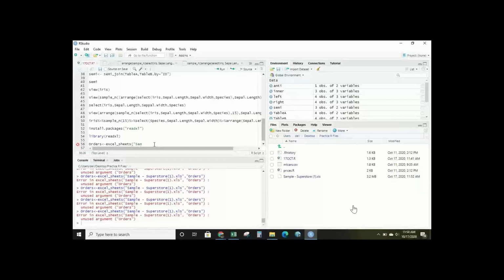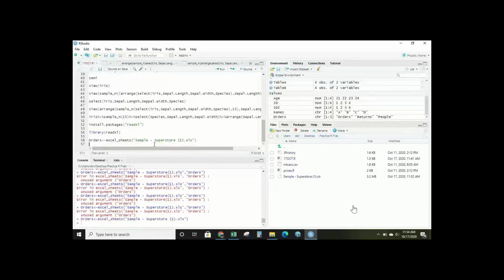Now press tab key. Now with this, close the brackets. No, orders also you have to write. The name of the sheet that you want to pick. Okay, now run it.